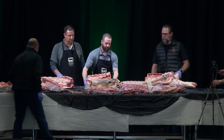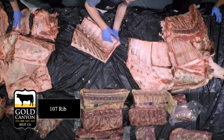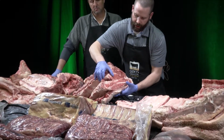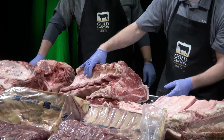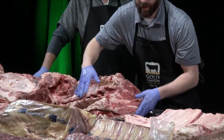So and then you've got your rib. Your 107 rib would be a 3-inch cut opposite the eye here, 4 on our chuck end. Then this would actually be chined, but to keep everything holding together for one more session, we left that in place. Then the other thing that we'd do is actually pull out the blade bone, and that'd be a 107